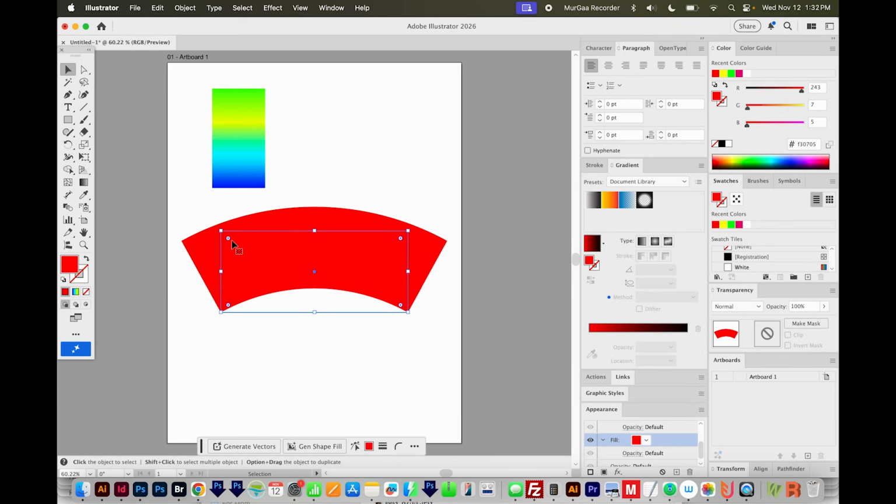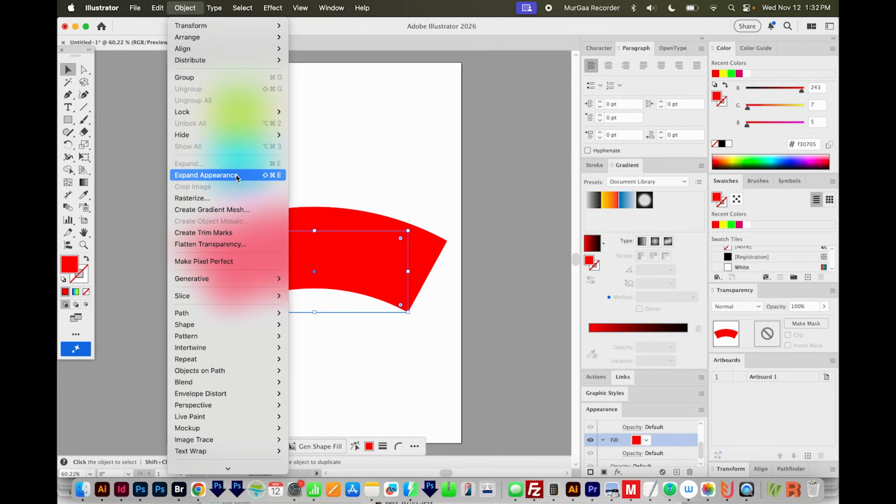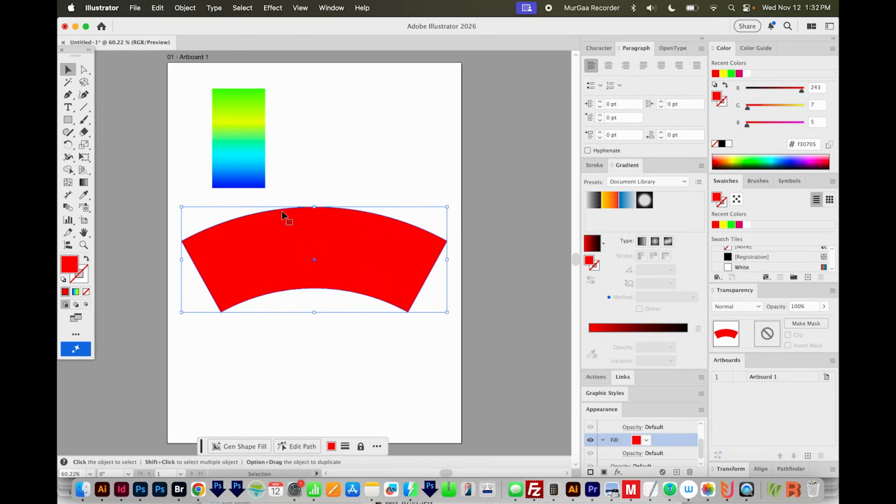You'll notice that your shape is different than the actual arch behind it, and that's because it's an appearance. So I'm going to expand it so we have just the arch. I'll go to Object, Expand Appearance, and now we have that whole shape. Next, I'll get back in my gradient panel, and I'll choose this third option, the Freeform Gradient, and I'll click